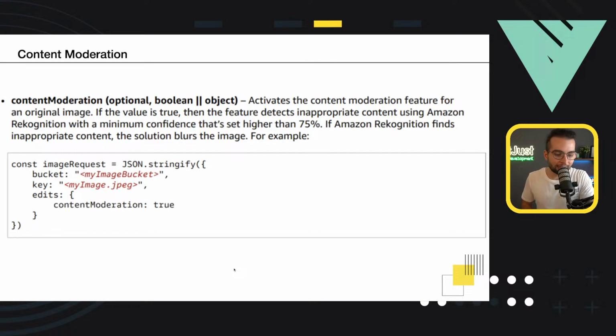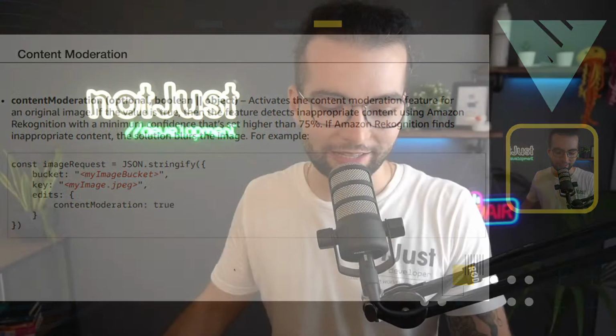So if you're building an application, maybe targeted to kids, or any kind of application, if you start growing and you don't have any content moderation in place, you'll very soon get weirdos on your application